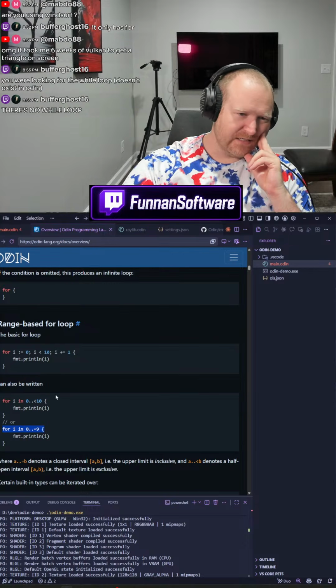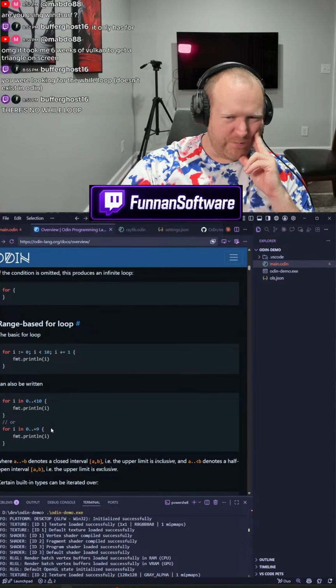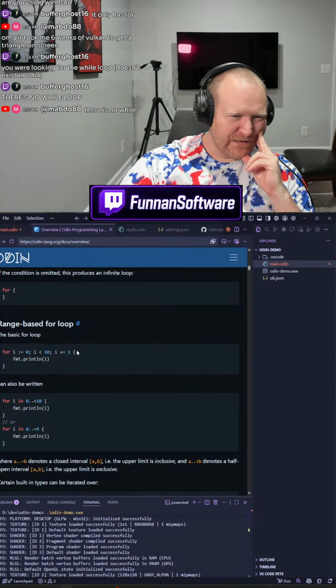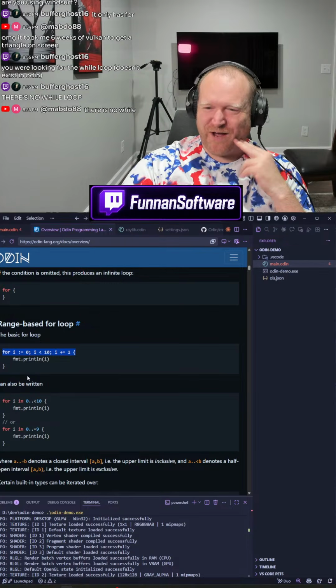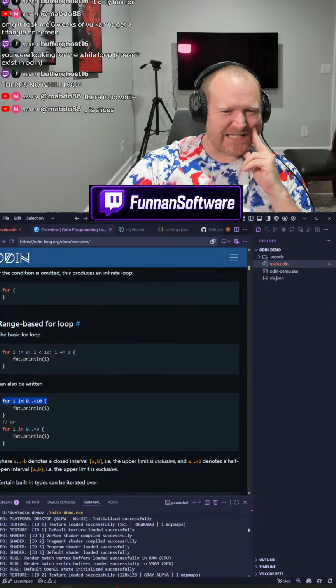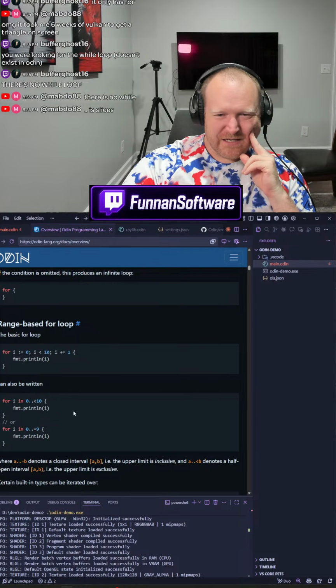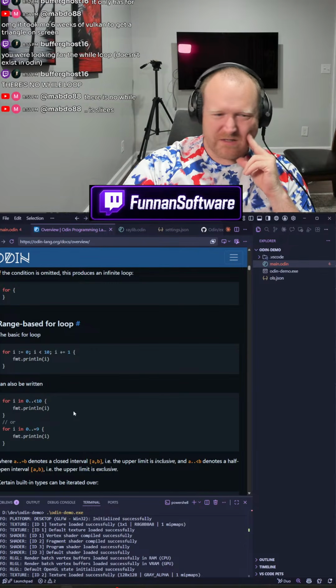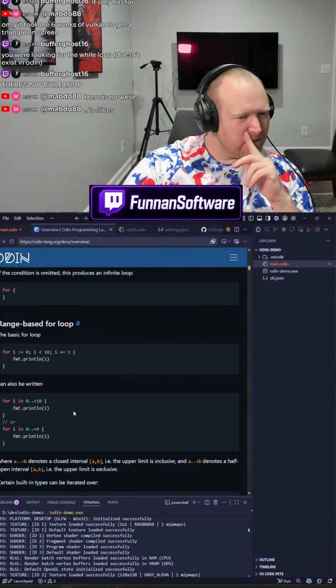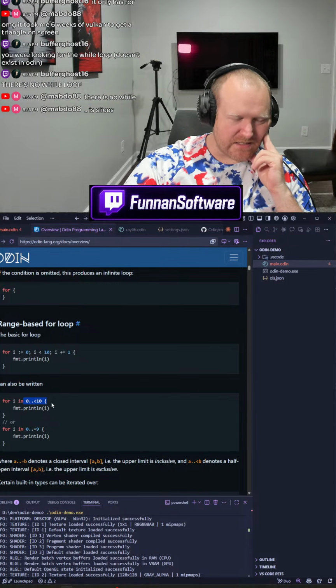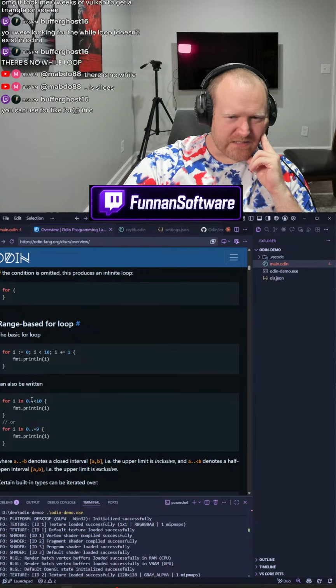Oh man, guys. I feel like my old programming brain is hurting right here. Like this, I can read this. This is fine. Is this what the kids do these days? I was looking for the while loop. There's no while loop in, wait, what? Slices.